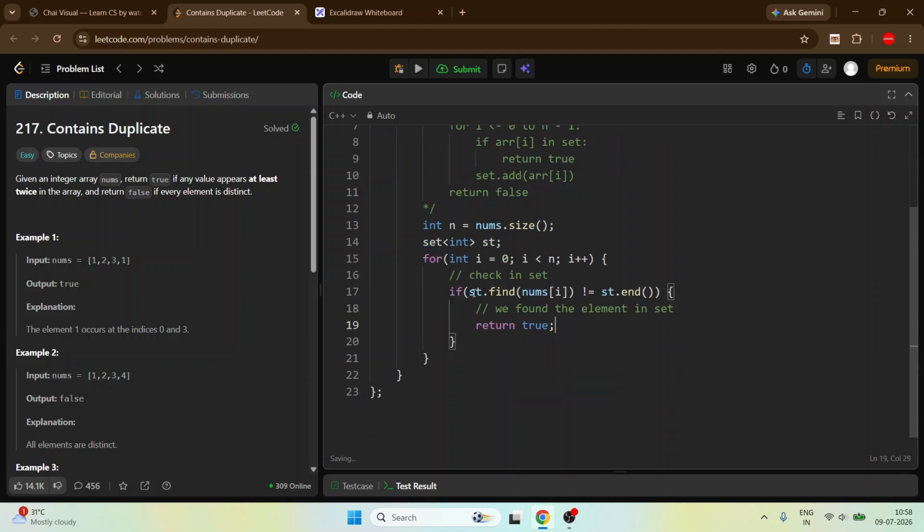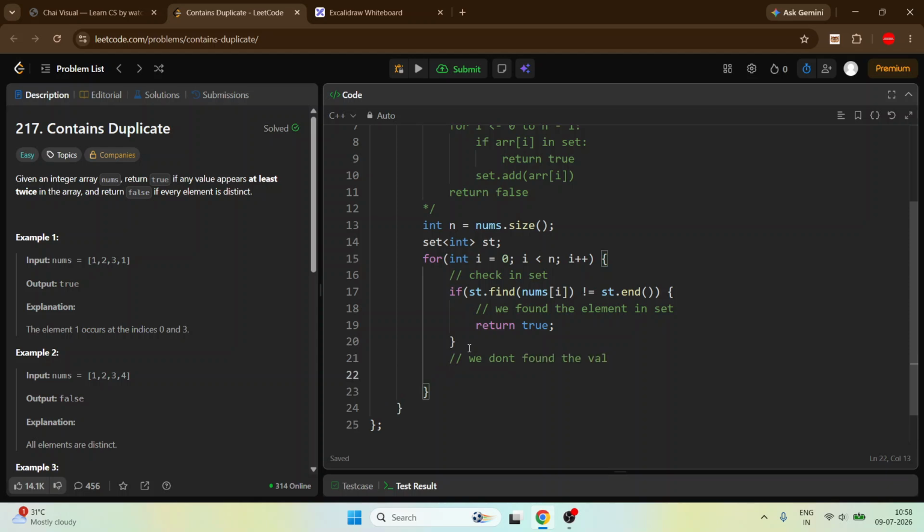So st dot find means, in the set st, go and find nums of i, search nums of i in the set. If we reach the set's end, that means we cannot find it. And when it is not equal to st dot end, that means we found the value before the set ends.